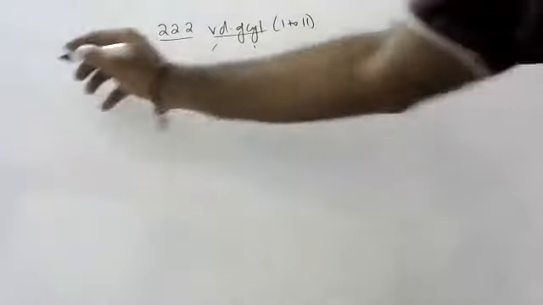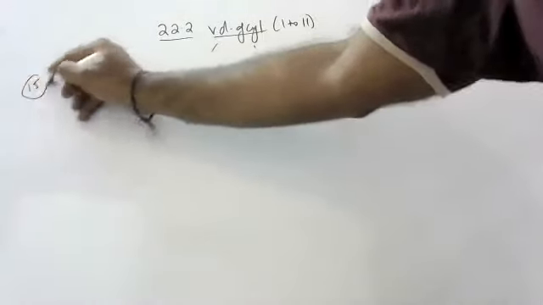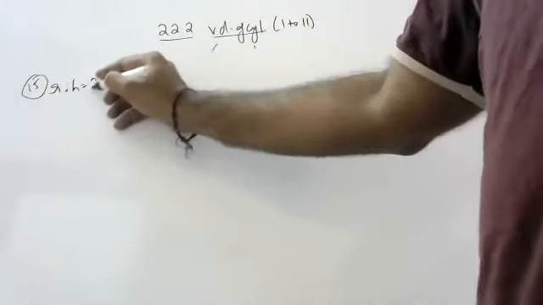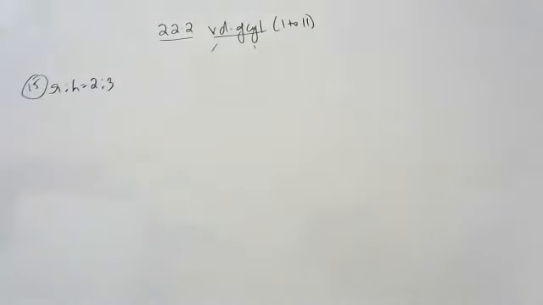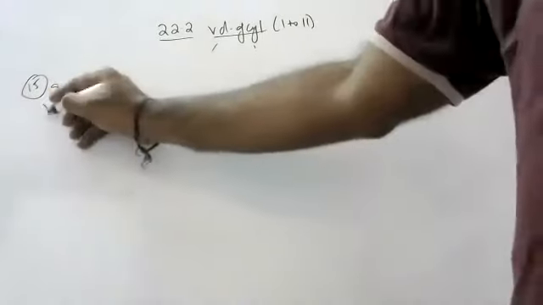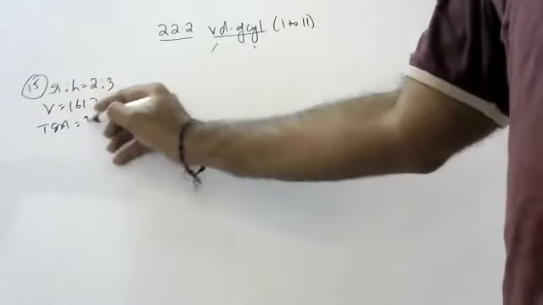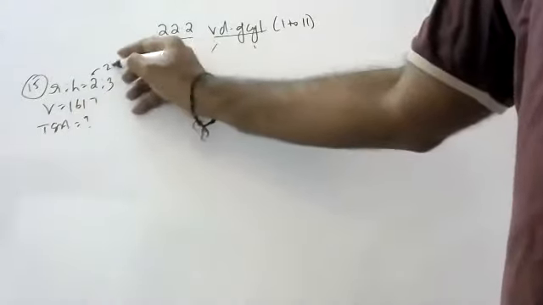Yeah, Rishikesh. So the question is like this. 15th question. They're saying that the ratio between radius and height is 2:3. Find the TSA of the cylinder if the volume is 1617. Sir, we need to take R as 2x and H as 3x.